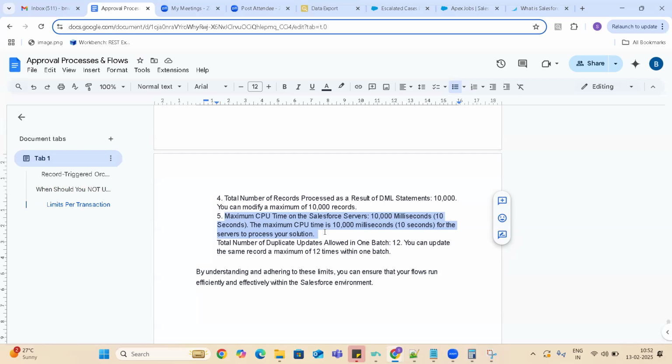For example, I'm updating the account, which will update the contacts, and when you update the contacts, it will again fire the account update. When you update the account, again it will fire the contact update. So in case of looping, obviously it's a never ending process, and then you will get CPU timeout exceptions. And it is very difficult to control CPU timeout exceptions in flows. That's another limitation of flows.